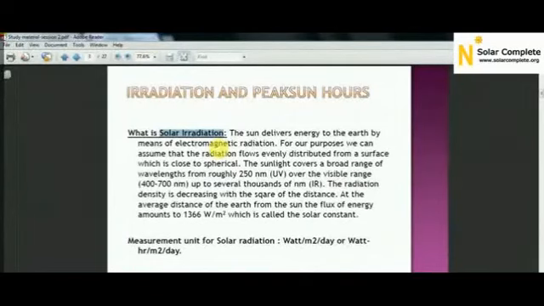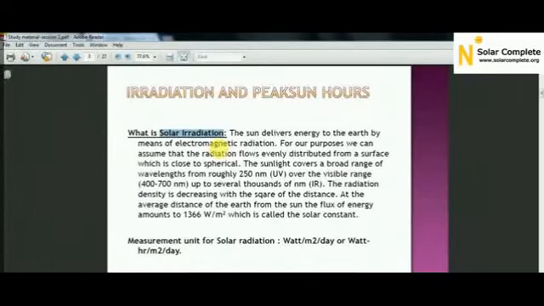Okay, so before installation of any solar power plant, a site survey is conducted by the engineers. Engineers take various data, various parameters that we are also going to see in our further chapters. One of the parameters is to know the solar potential, that is how much solar radiation that area is having. Okay, so measurement of solar radiation is very important. So we will be talking about how to measure solar radiation, what instruments are used for measuring it, and what the measurement unit of solar radiation is.